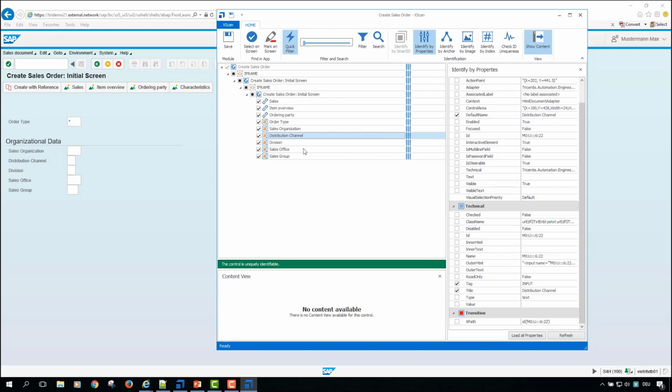And out of the box, Tosca delivers stable identification based on ID, not on technical ID. Here, to identify this entry field, distribution channel, we are using the text input, the title distribution channel, and we are not working at all with technical IDs. So next time you implement a new field here during a change request, it does not impact your test automation. It has no impact on your test cases, because your fields are stably